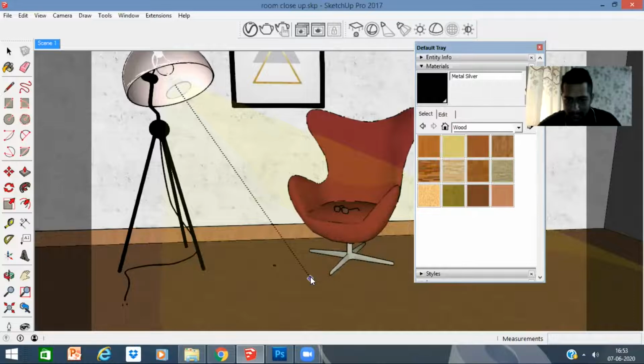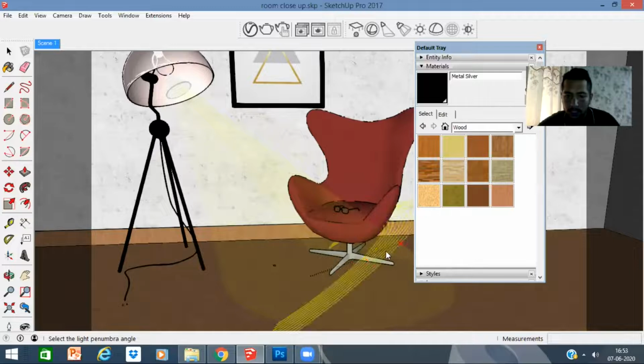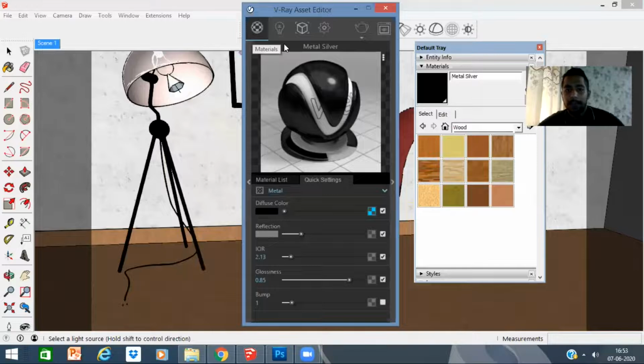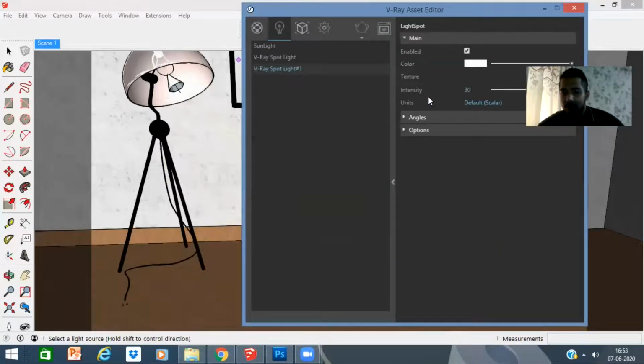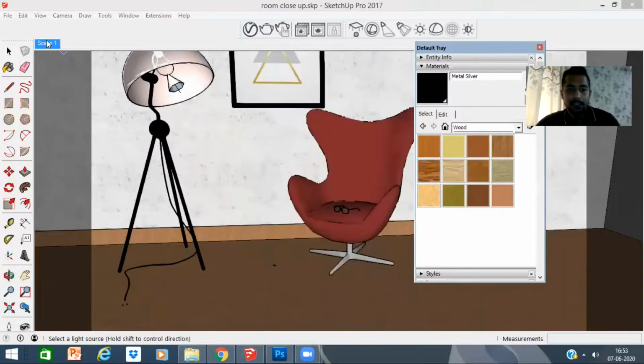Now you can see once I've set this light, guys, I can actually set the cone size. So I'll set it just a little bit like this, and I'll set the diffuse a little more. So you can see how this diffuse is being set over here. And once I'm done with this, guys, I'll go back to my asset editor and I'll go into the lighting, and you can see the first light that I've added here. I can actually see the intensity of that. So I can just reduce that intensity just to give it a little low down light, a little calm feeling, since it's like a person who wants to sit on the chair and just read a book maybe. So we'll just kind of have that setting over here, and I'll enter into the scene over here, guys.